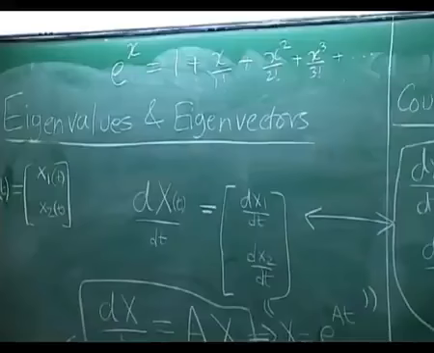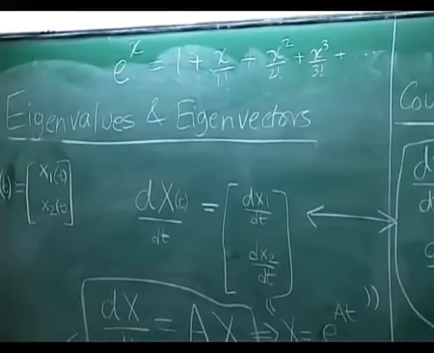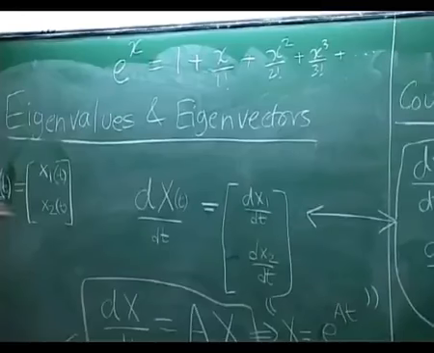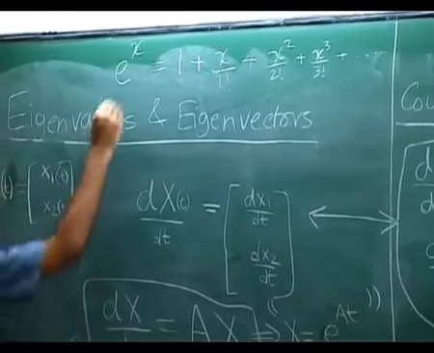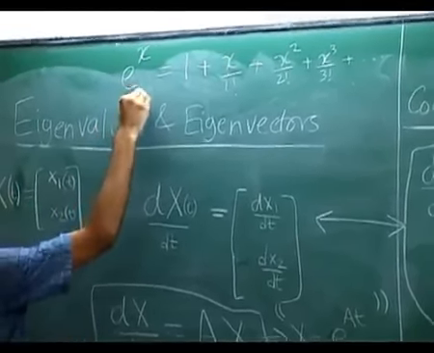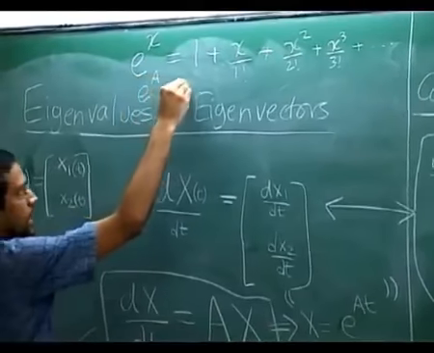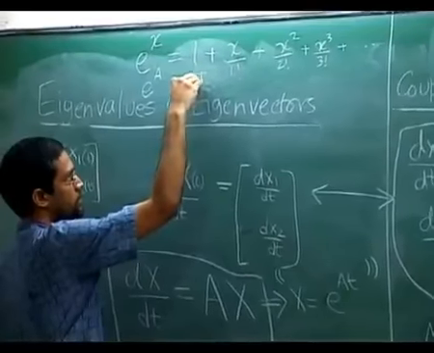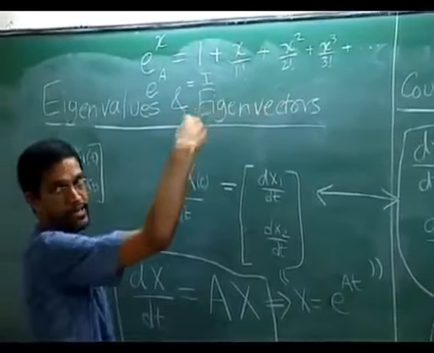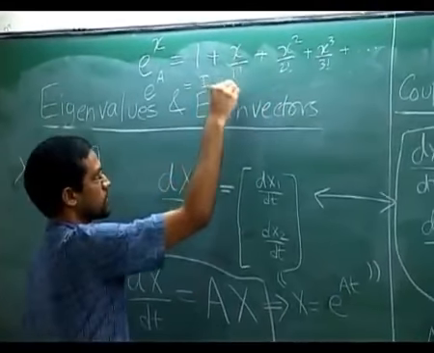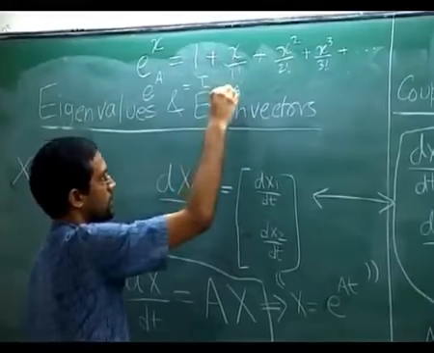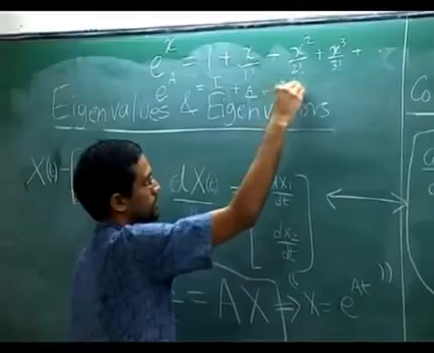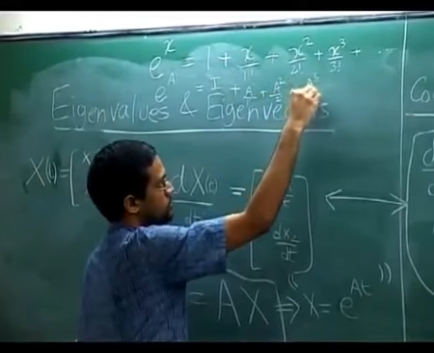By the same token, if you wanted to calculate e power some matrix, how would you define it? Well, there is only one obvious thing to do. Say if I want to define e power a, I will say this is, instead of 1 I will put the identity matrix. Remember, my answer should be a matrix now. Now instead of x I will put a here: a by 1 factorial, a square by 2 factorial, a cubed by 3 factorial, and so on.